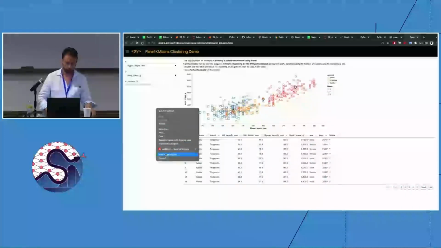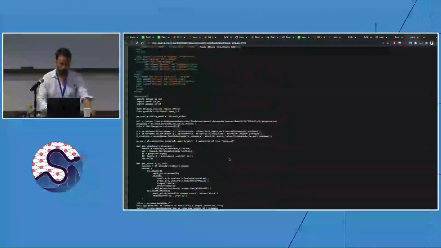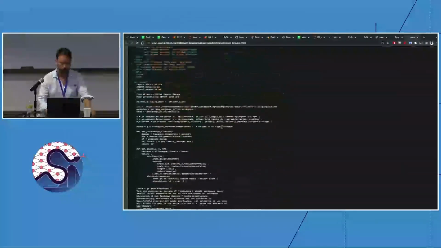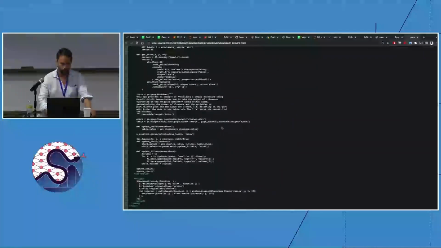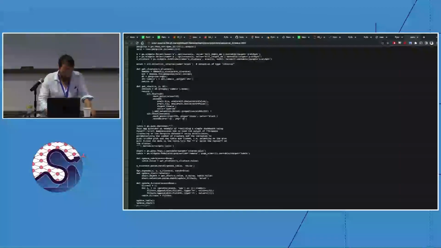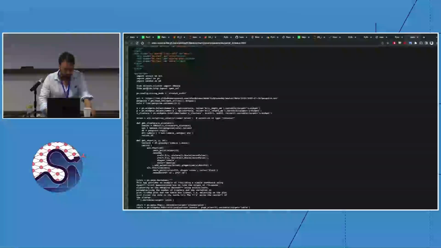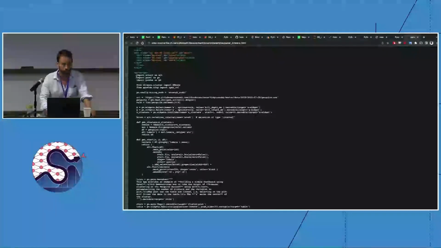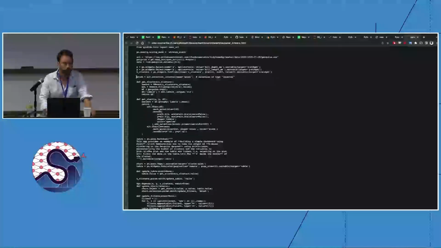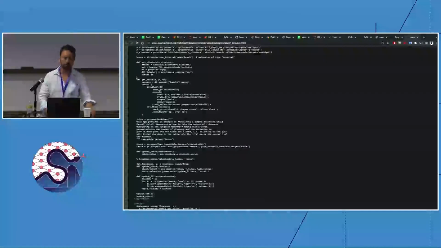And again, we can just inspect the source code. And yes, there's a bunch of JavaScript imports up here. But really, this is, let's count, 159 to 84. It's 70 lines of Python for a really nice application you can just send as an email. So yeah, the main reason,